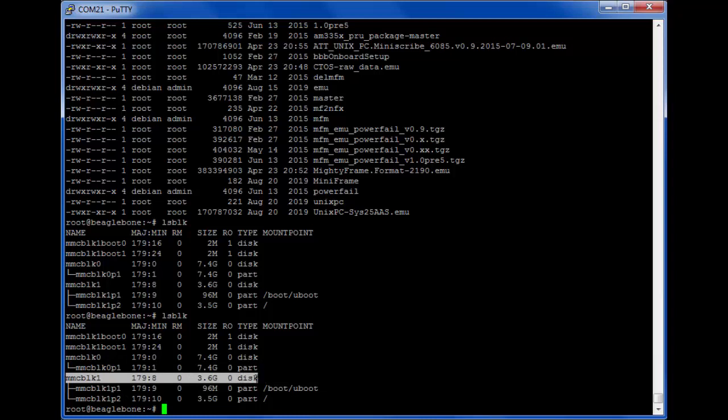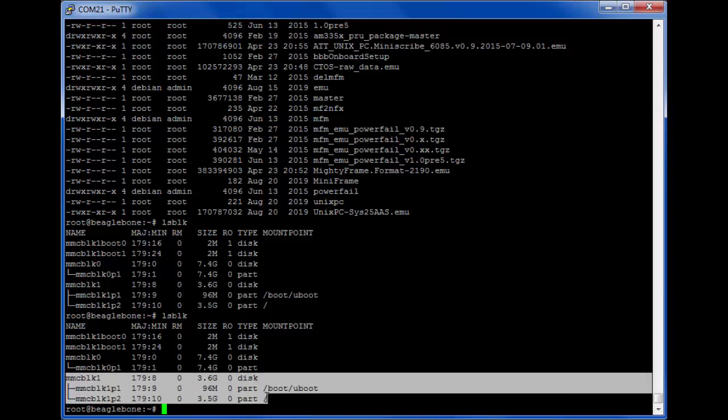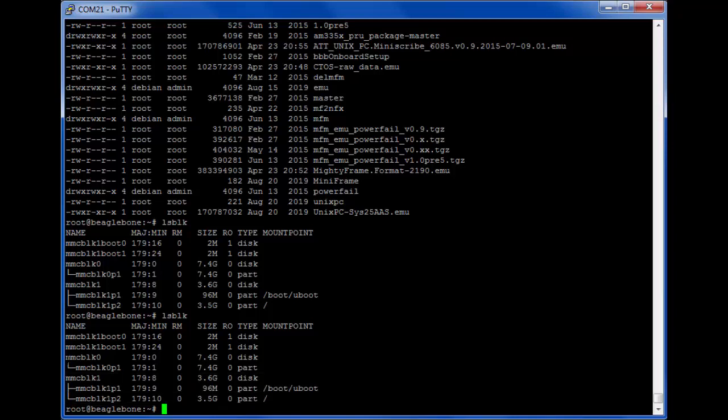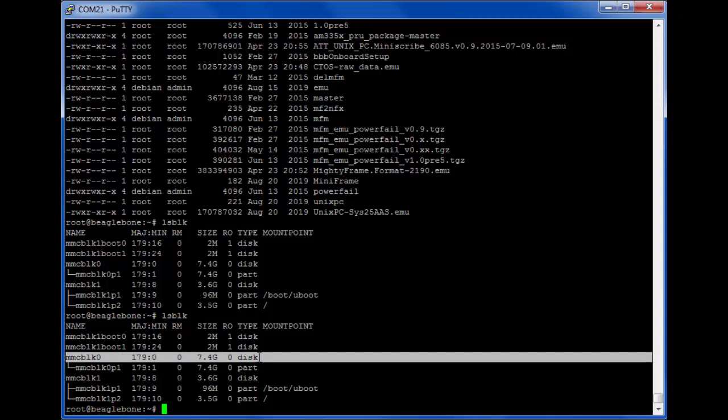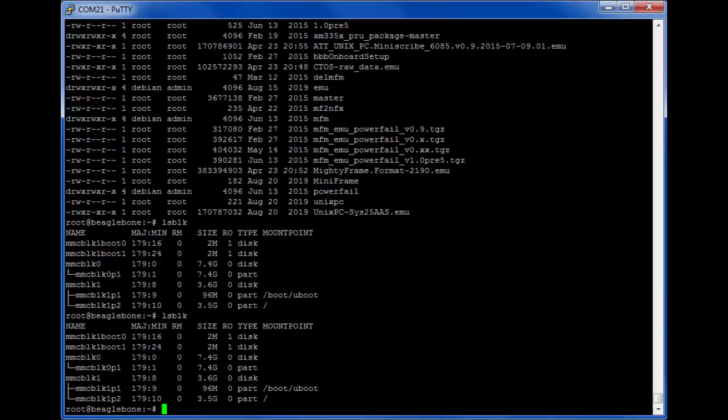So this, of course, is the default disk in the Beaglebone Black, so we don't want to mess with that. Instead, it's very easy to see that the SD card that I put in is this one, because it's 7.4 gigabytes formatted. And I believe I formatted this